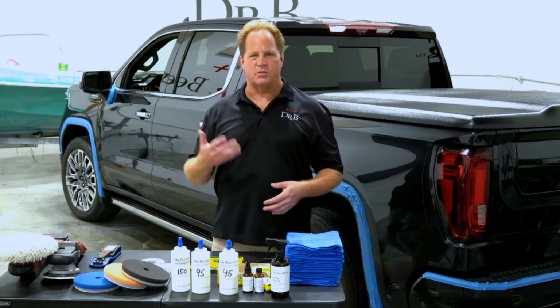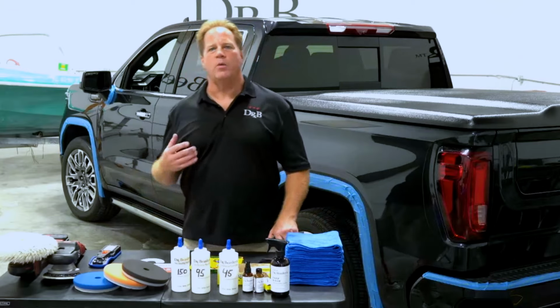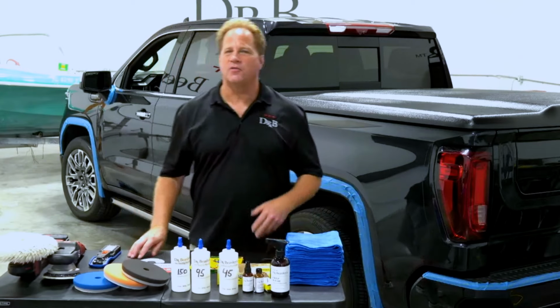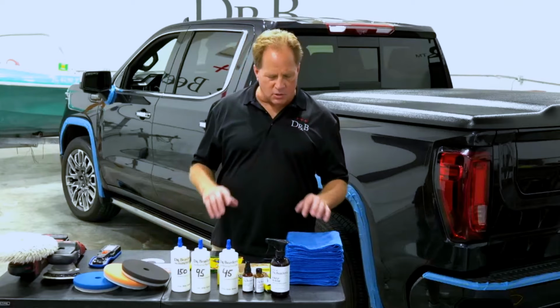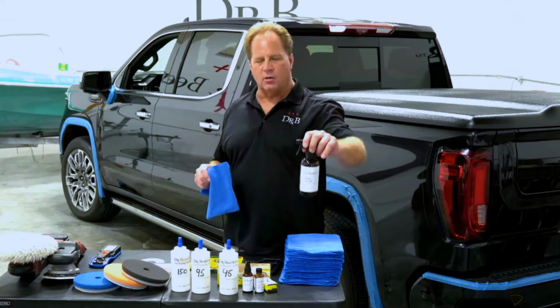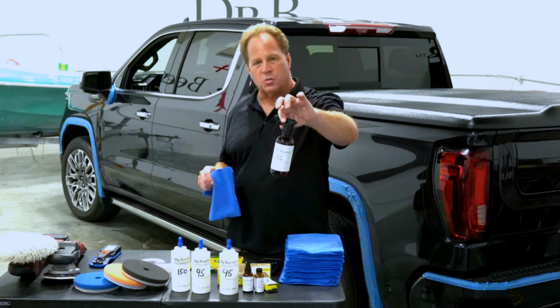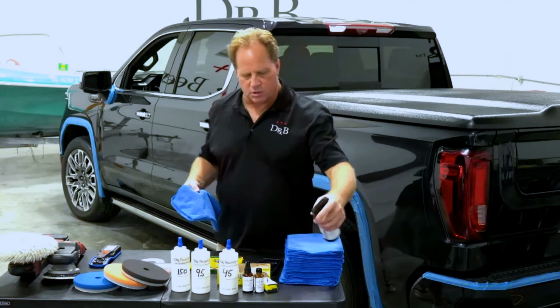It probably won't hurt the performance of the tire, but you want to inspect for tire and wheel rash. So the next thing you want to do is look for overspray or any kind of surface contamination. Now, in order to do this, you really need to be packing a little detail kit. You would take a waterless wash, prep spray, and a clean microfiber towel, and of course you'd want to clean